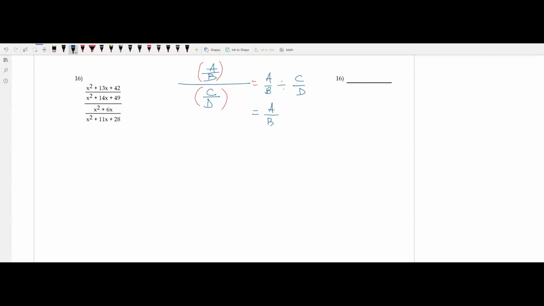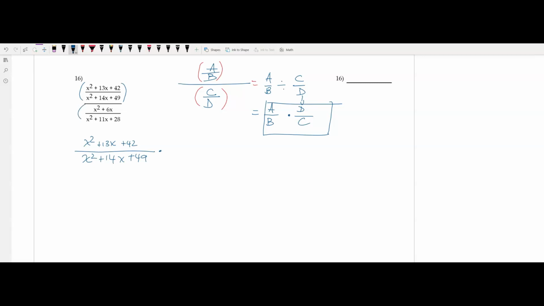So that's a over b times the reciprocal, which is d over c. And that's it. So my goal is to rewrite that complex fraction, which is in this format, into a multiplication. Okay, so let's do that. Here, this a over b is going to stay the same. So it's going to be x squared plus 13x plus 42 over x squared plus 14x plus 49 times,